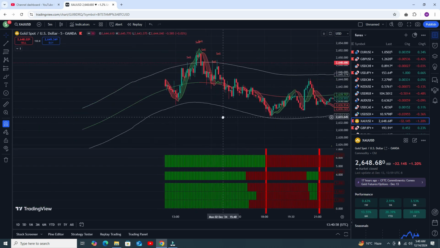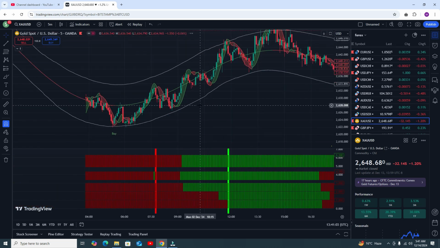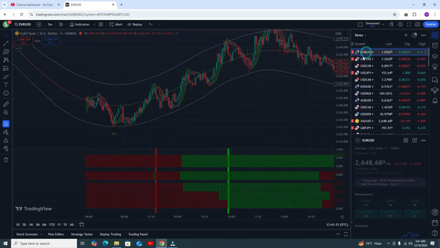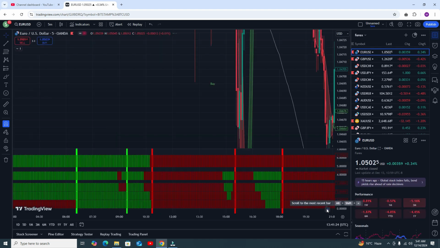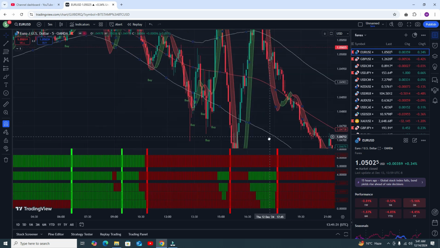Hopefully you will understand this concept of my strategy, and now you will be able to get good profit at the end of the day by using this strategy. Let's see the results in EUR/USD, then we will move to Forex and the Indian market. I will show you the results in the Indian market as well, because mostly Indians are contacting me for the Indian market. They want an indicator that works perfectly on the Indian market.